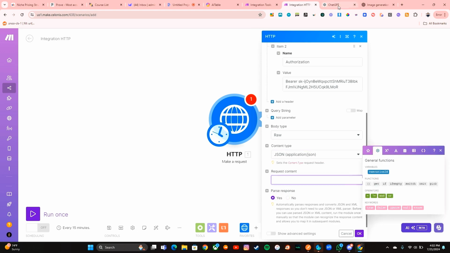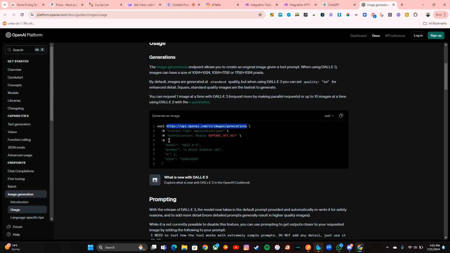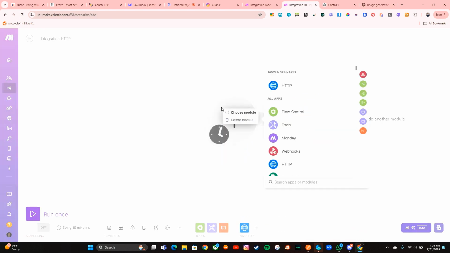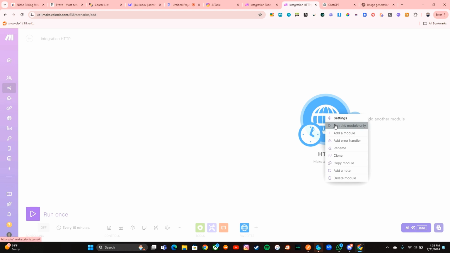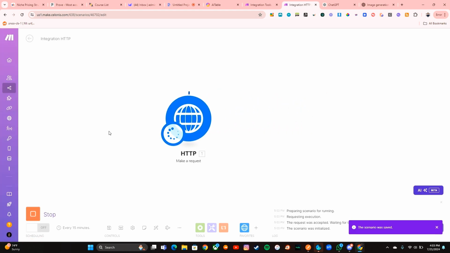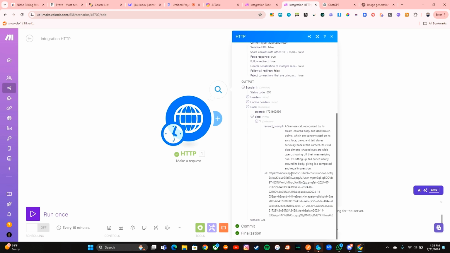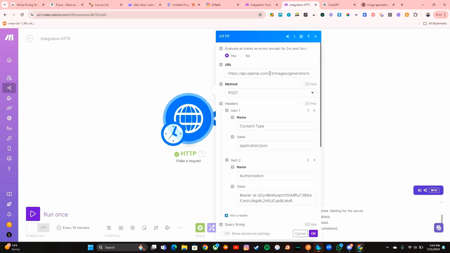Parse the response. And then literally what you can do is just come here and grab the same thing like I've been doing. Grab that first bracket, don't grab the quotation. Come here, press OK, and then let's run this. No, I did not mean that much. So this is generating the image, and I know it's working because it would have given me an error if I put in anything wrong. So this has been generated. I can come down here to data, right? And then this is here. So now we've generated an image with DALL-E.